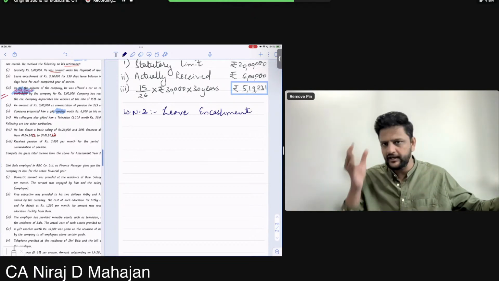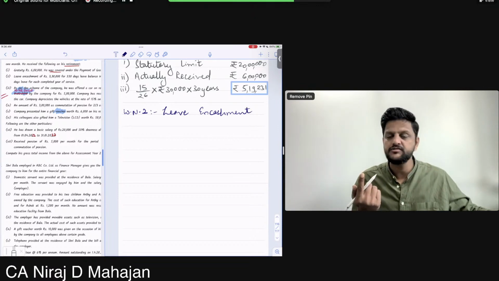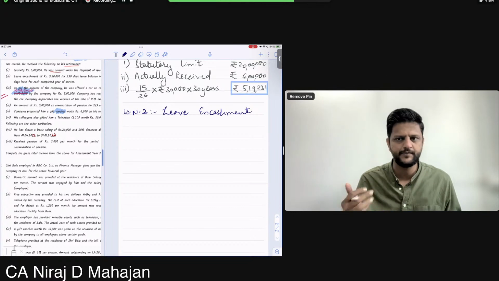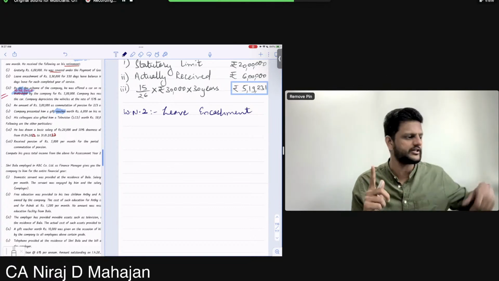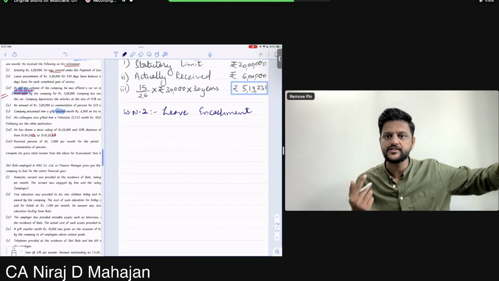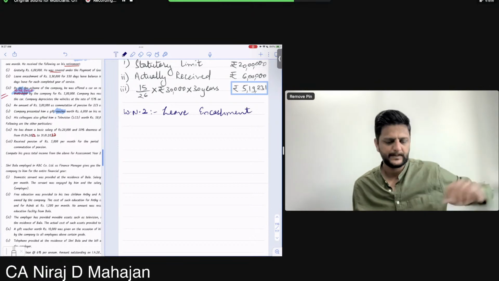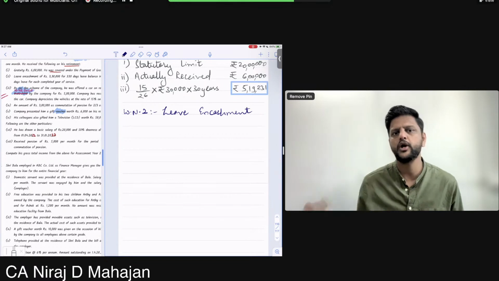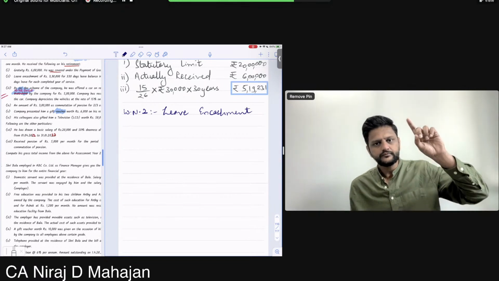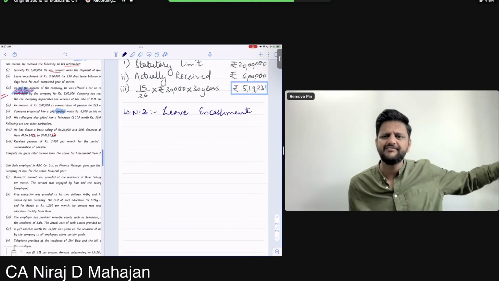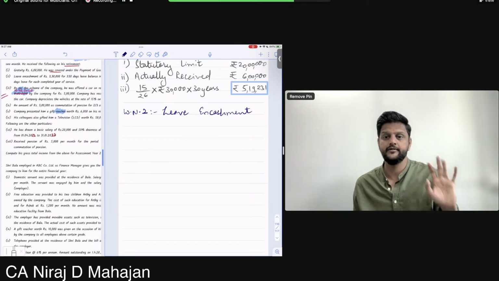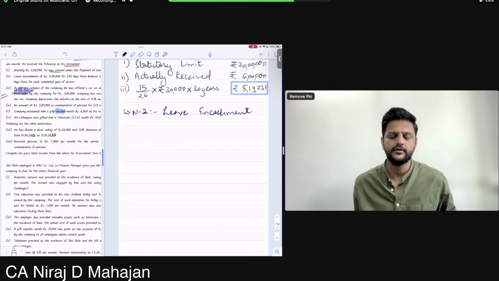See, in accounts you have 10, 12 adjustments. If even one of the adjustments is tough, you will not get the expected answer. Even if one adjustment is different, it happens the same way. Same thing happens in tax also. They can give you one adjustment which is quite different and your answer will not match. That one particular adjustment is given somewhere in MTP or RTP or previous exams. So you have to keep those things in mind.